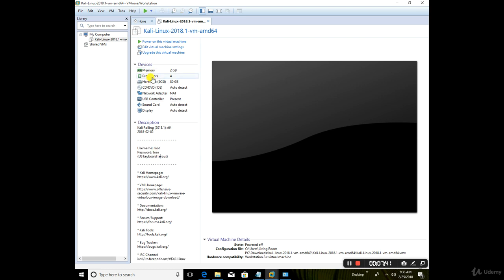So in the event, and I don't know if it'll happen here, but in the event you try to start it up and it comes back into an error saying, hey, you need 4 processors. You only have 2 on this machine. Sorry, I can't help you. I can't turn it on. So in that case, you need to go back and you need to tell the computer, you know what? I authorize to do this on 2 processors. It's going to be slower, but I get it, but I'm taking it, right? And the way you change that is you go to Edit, Virtual Machine Settings,